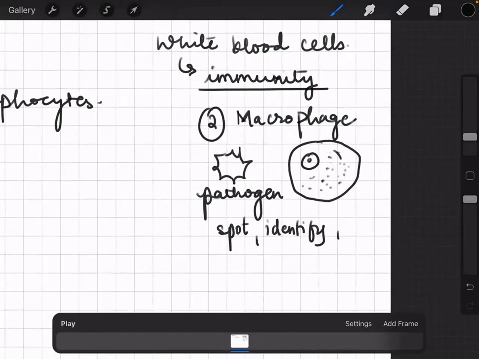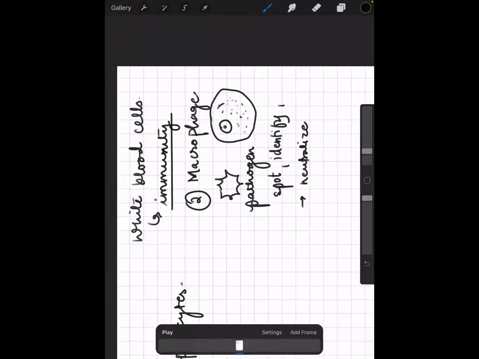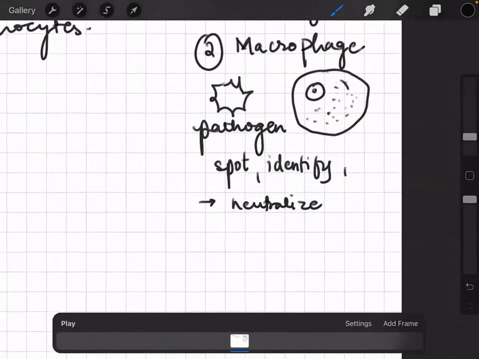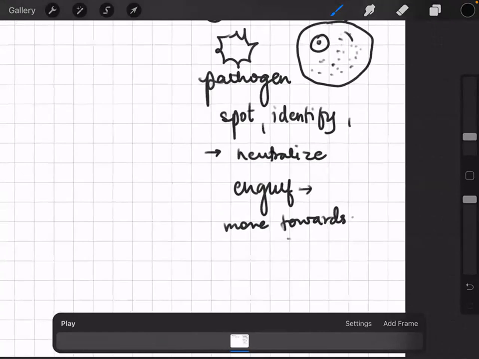Upon spotting and identifying a particular pathogen as a non-self structure, they go on to neutralize that particular pathogen. Now, how they do this neutralization is very important. In order to neutralize these particular pathogens, what they are going to do is engulf this pathogen. How do they engulf this pathogen? They are going to quickly move towards this pathogen, okay? And once they go toward this pathogen, they are going to take that pathogen inside their body through a process called